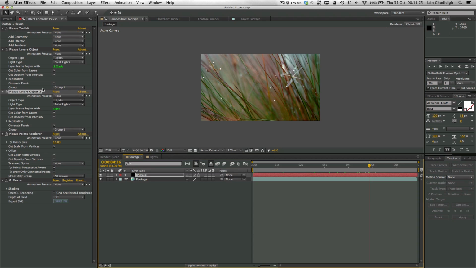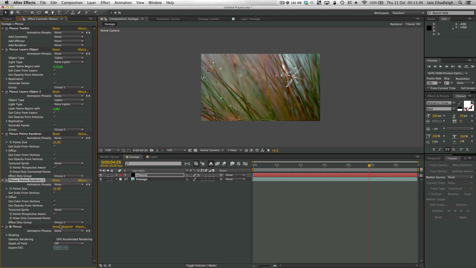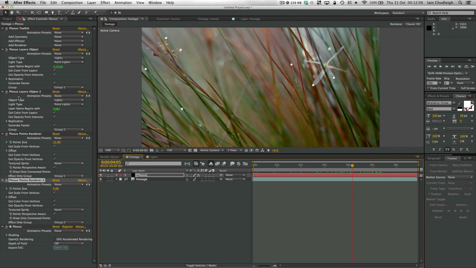Now the reason we're going to have these different is because we want the points a different size, as well as the interaction different as well. So we'll call this one group 1 and this one group 2. The points renderer will be first set to group 1, and if we duplicate it, change it to group 2, and just shrink these right down to maybe 3. And here we have our lights appearing across the scene, very small, and now we kind of just want to